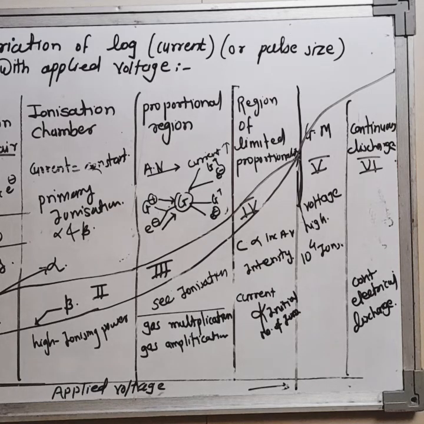how they are related with the applied voltage and current, how the ion pairs are formed, and how we determine the alpha and beta particles emitted by radioactive substances. Okay, so friends, in the next video I will